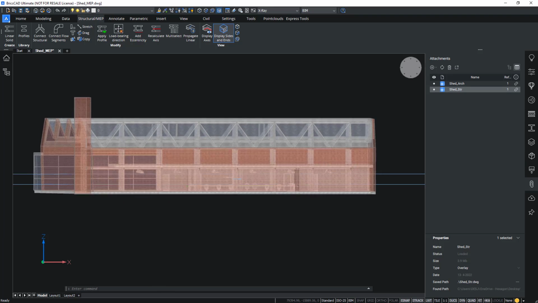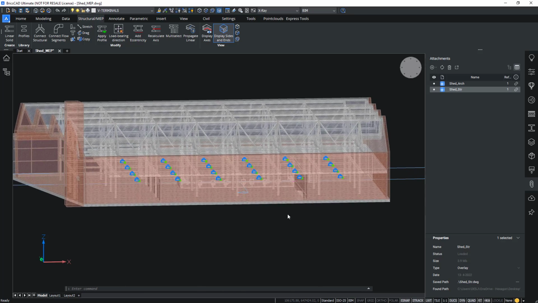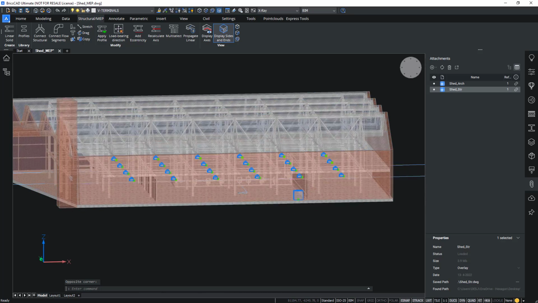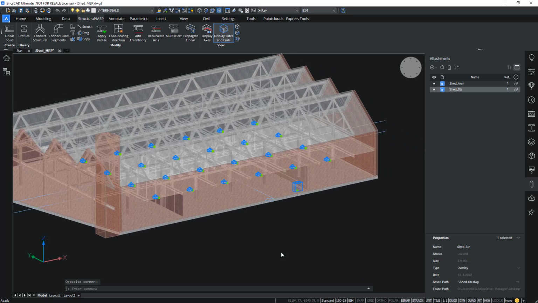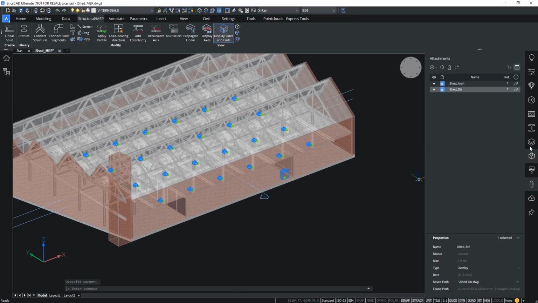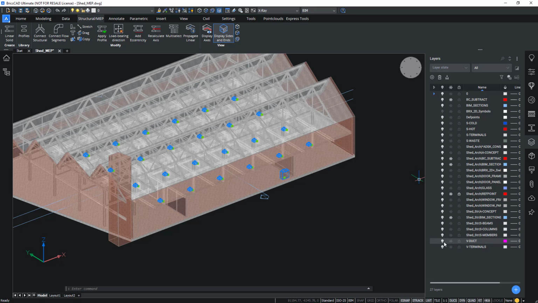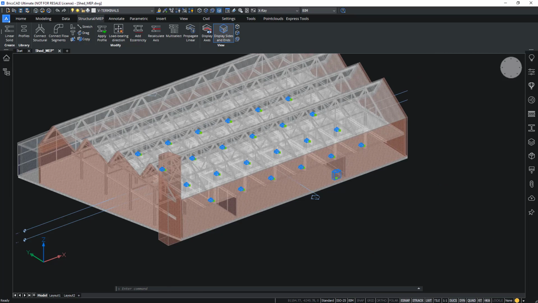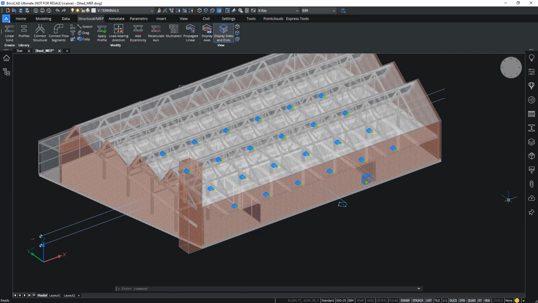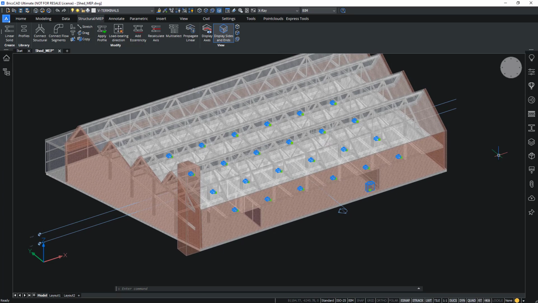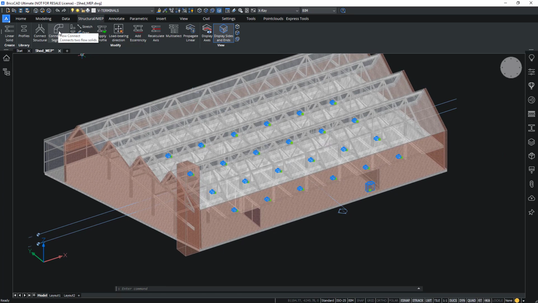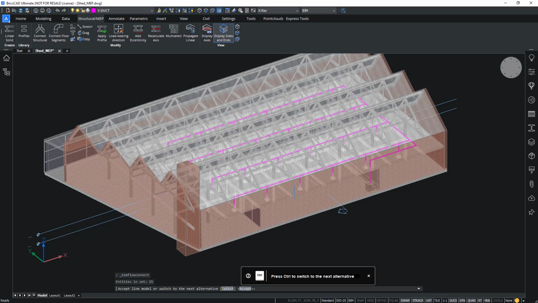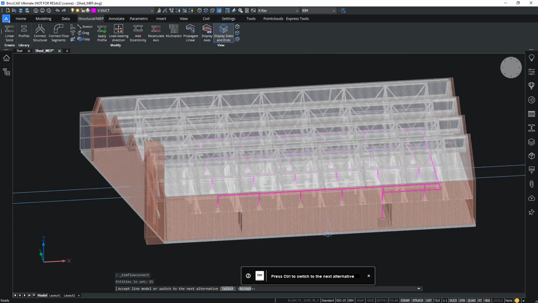So I want to select all of my flow terminals, so these guys, as well as my main unit here, and I want to start connecting them. I will turn this V duct or ventilation duct layer as my current layer so I can see more clearly what I'm doing. And I will now use the connect flow segments command to create a layout for us automatically.